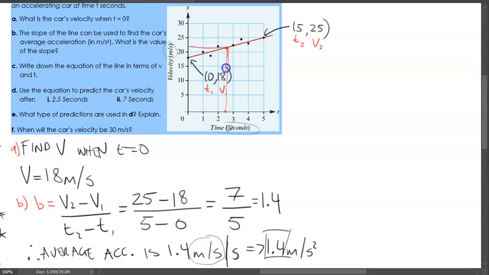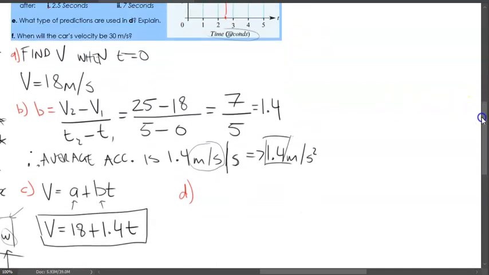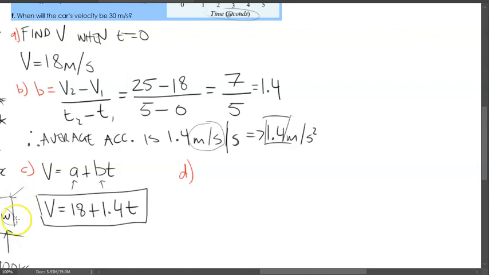up to here. Now we've got the formula, we've got this line formula that we're using, but more importantly, I'm trying to show you that this prediction that we're making at 2.5 seconds lies in the range of 0 to 5. And when something lies within the range, we're interpolating. But for now, V is equal to